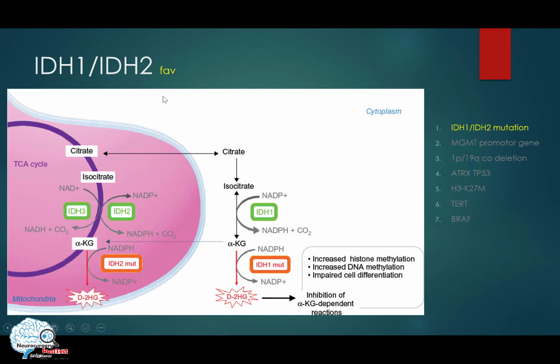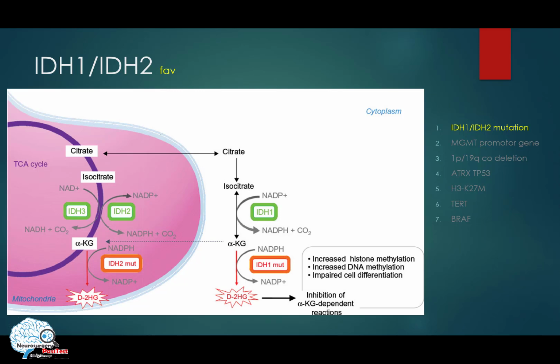This is the isocitrate dehydrogenase enzyme. So this gene, in normal cells, the isocitrate dehydrogenase enzyme acts on isocitrate and creates alpha-ketoglutarate, which is one of the steps in the tricarboxylic acid cycle, the Krebs cycle, for cellular respiration and ATP production. But in abnormal cells, in tumoral cells with mutation in IDH1 or IDH2, the mutated enzyme will act on alpha-ketoglutarate and create what we call